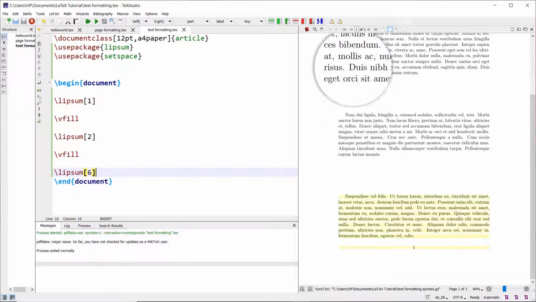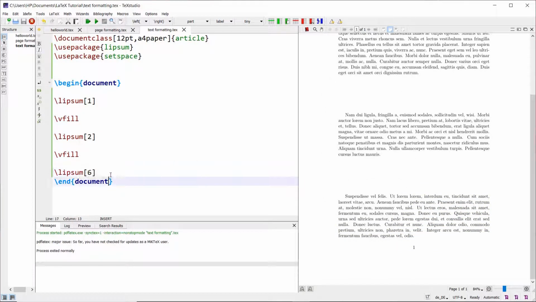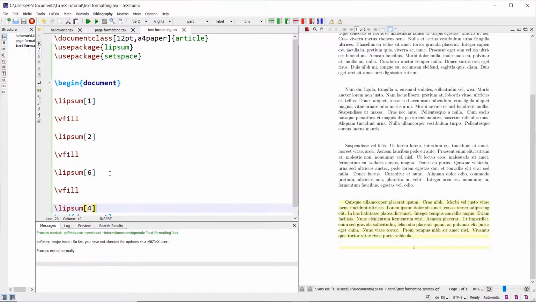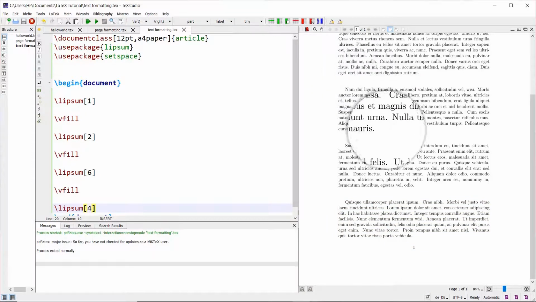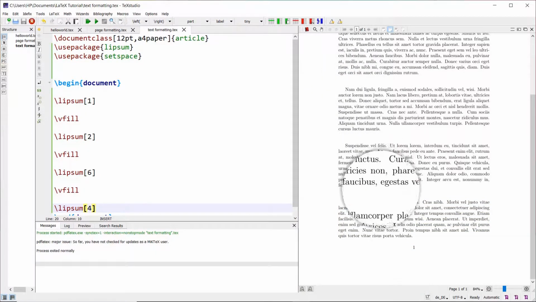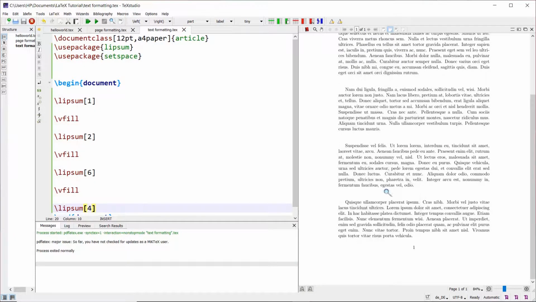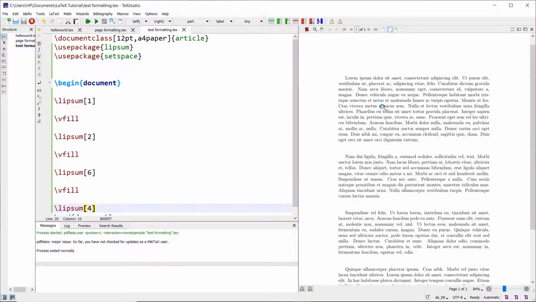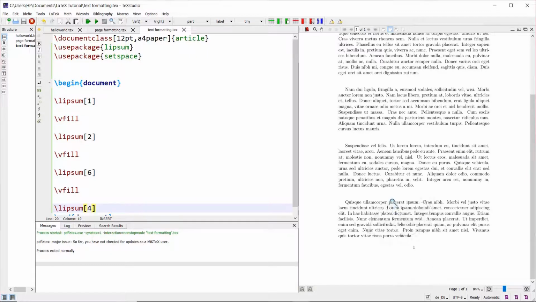Now you can notice these three paragraphs are separated with some spaces. I can also add one more. You can now notice you have four texts separated with spacing, and for all four the spacing has remained the same. So vfill has tried to put the entire content as much as possible into one page and tries to ensure uniform spacing between the multiple texts.